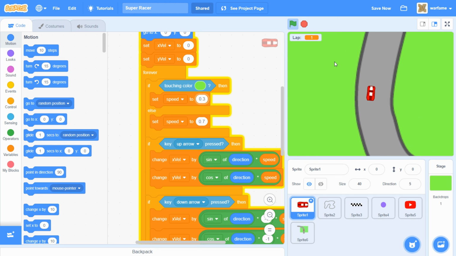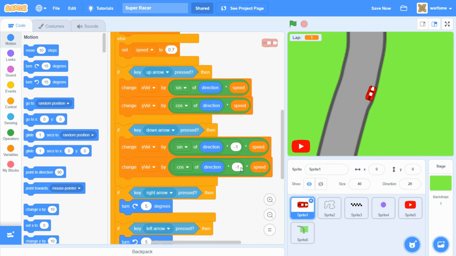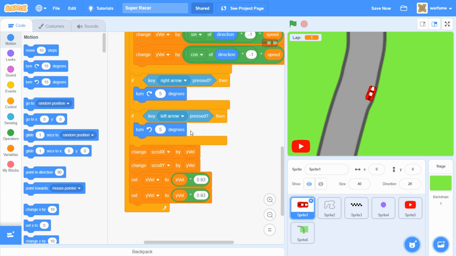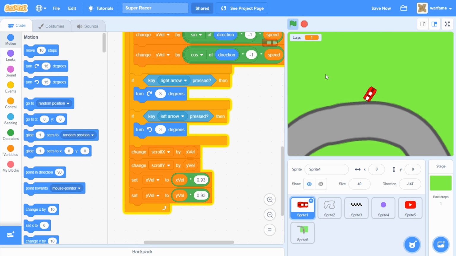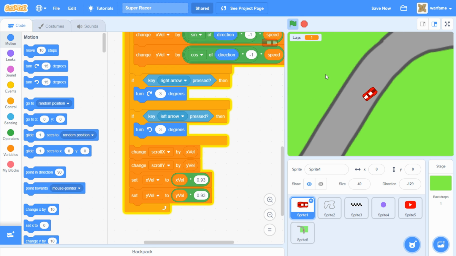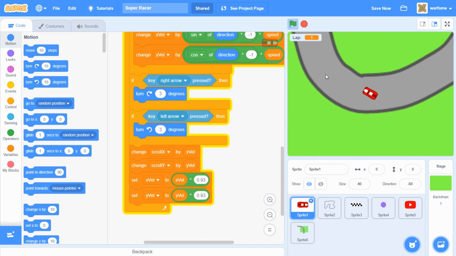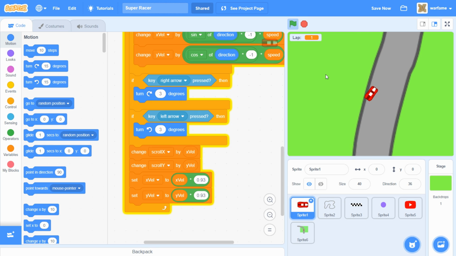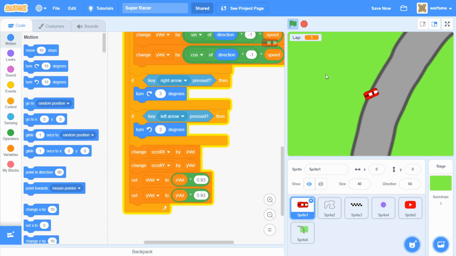And I might make the car rotate a bit slower, actually. So if I go down here, I'm going to maybe make the car turn 30 degrees. So, yep. And now the car should turn much slower. And this way, the car is much harder to control, which makes the game a bit harder. So, yeah. Alright. And now that I made these small adjustments to the car, I am going to improve this lap counter